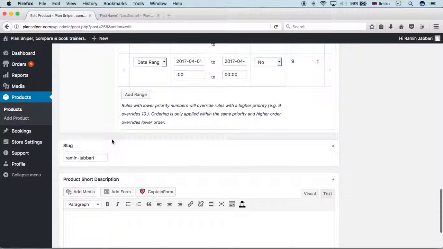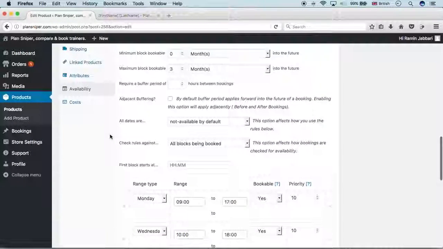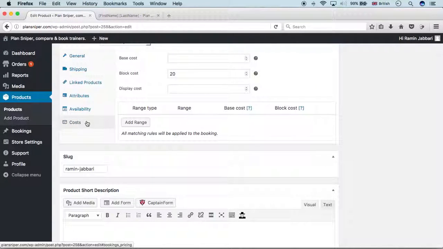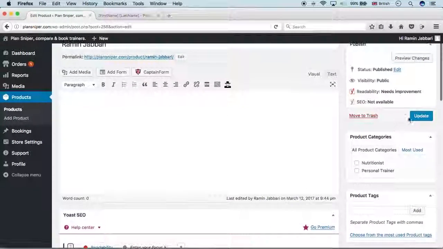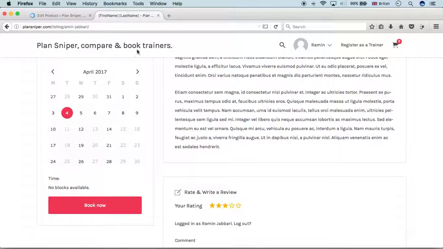And the final thing that you have to do, if you go back up here, is to set your cost. So as we said before, the length of our block was 1 hour, and here let's say you're charging £25 for that 1 hour session. You set 25 as your block cost, you ignore all the rest, just set 25 here, and we will click update. And once you go back to your profile, reload your profile,